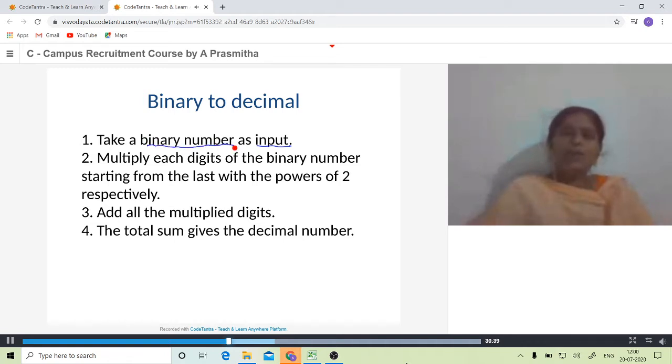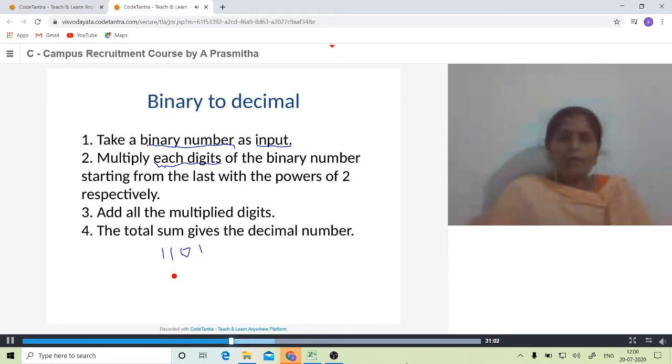What we can do here is every digit is multiplied with 2 to the power of 0, 2 to the power of 1, and so on. Let us suppose I am having a number called 13. 13 means 1101.